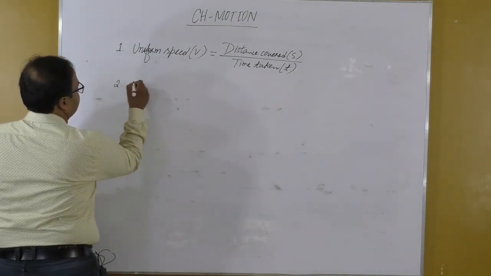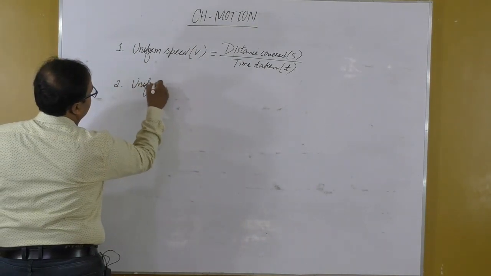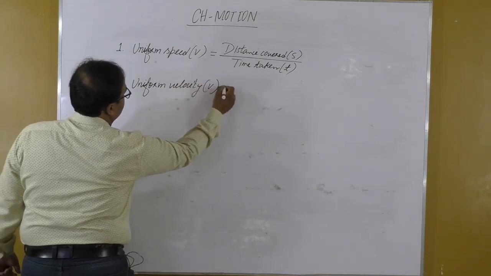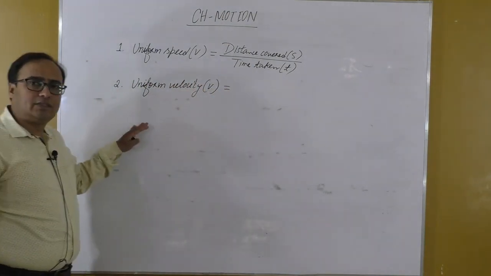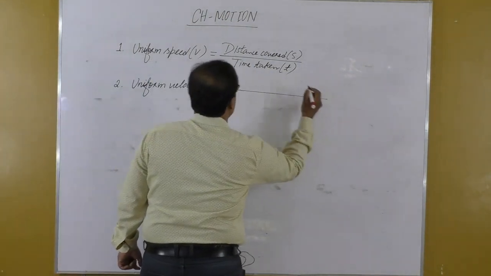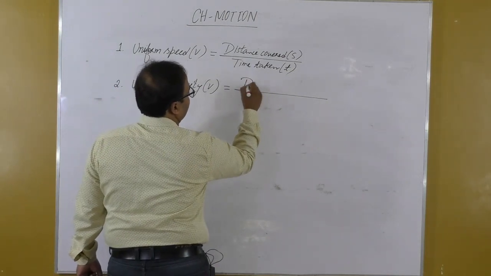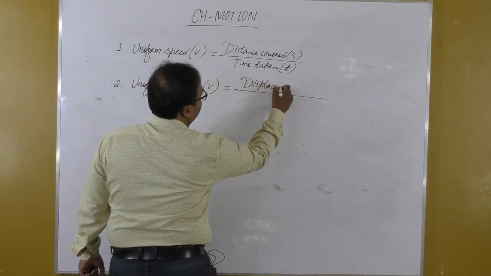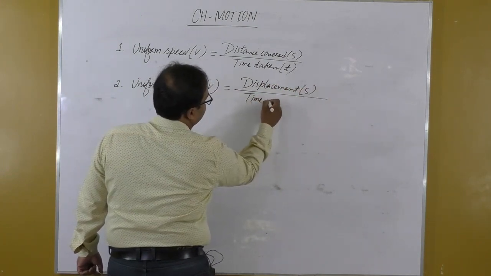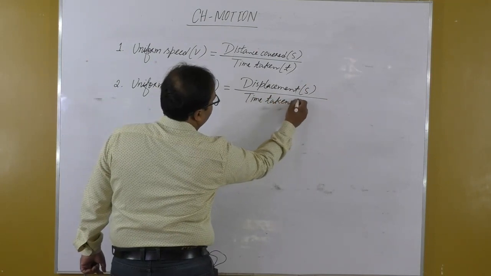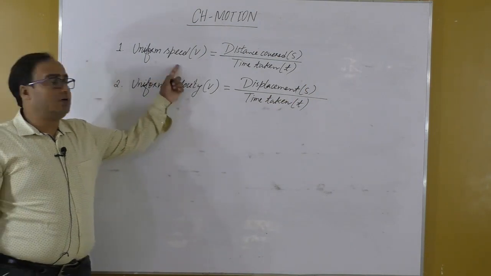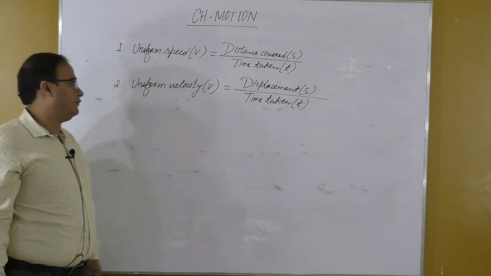Then second one, uniform velocity. Uniform velocity is also denoted by symbol V, and uniform velocity is displacement by time taken. It is displacement by time taken. So first formula is uniform speed, second formula is uniform velocity,